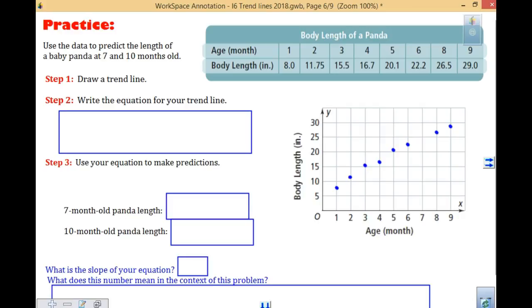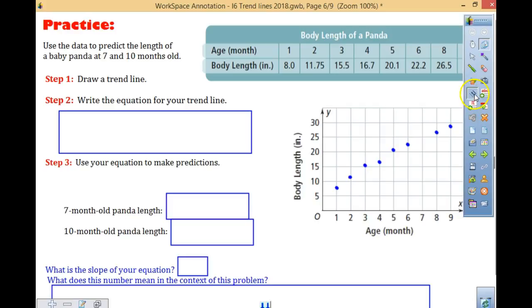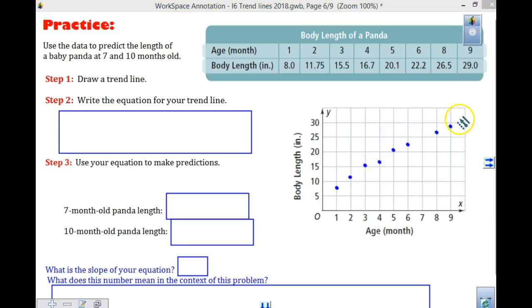I don't know, it's hard to know. So this time they're looking at the body length of the panda and their age in months. First thing we want to do is draw a trend line, and that's a straight line. You want to make sure, as you look at it, half your data points are above and half are below. So when you try to draw your line,